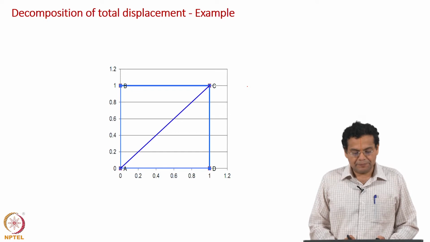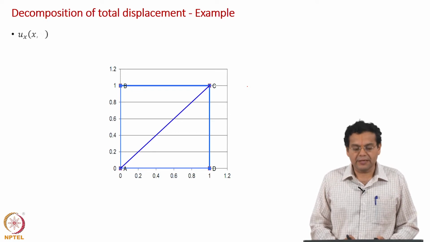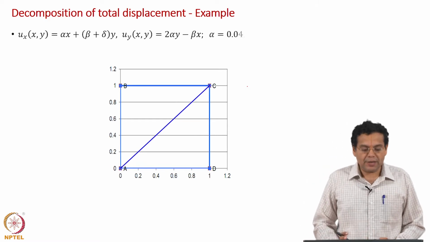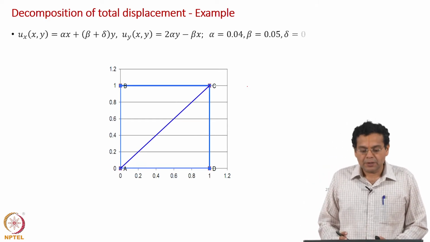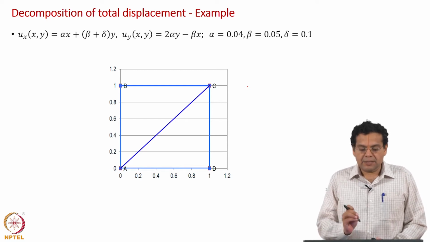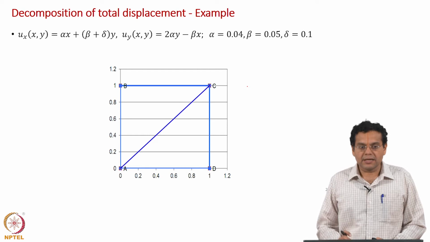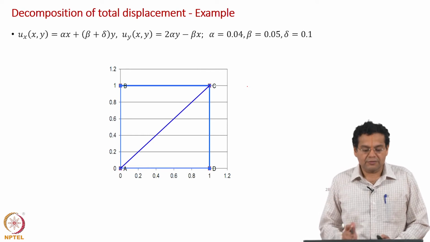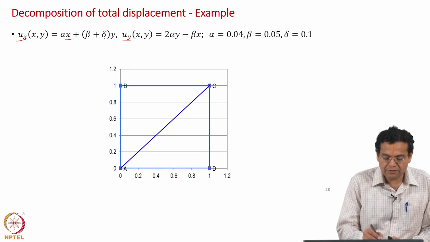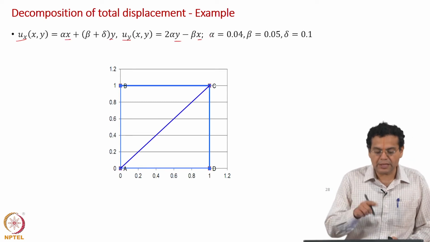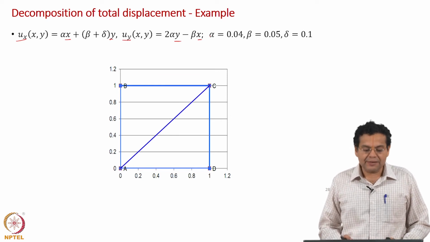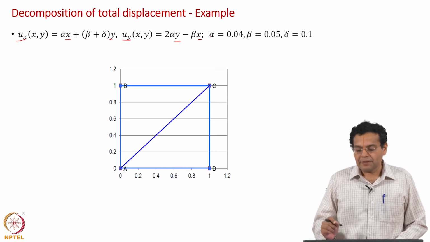Now we will start with the displacement field. This displacement field, meaning u x as a function of x comma y, u y as a function of x comma y, looks similar to what we had considered earlier, but of course slightly different. For example, both u x and u y are functions of x and y. You have both x and y appearing in u x and u y also, and earlier we had only alpha and beta, we had delta also.